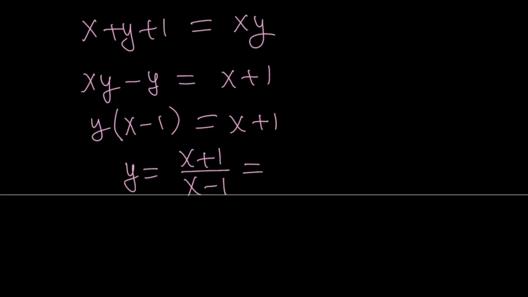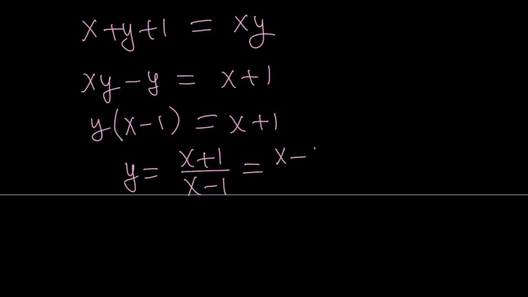We could manipulate this a little bit, so let's go ahead and do that. I graphed it for you, so I'm going to show you the graph at the end as well, and we'll talk a little bit about this function. So this is a rational function, and it can be written as